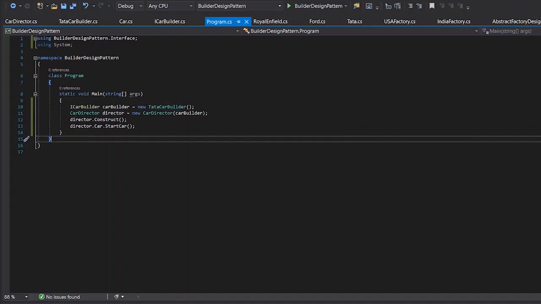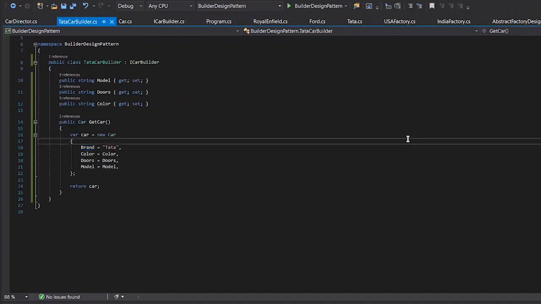Here, instead of separating the actual product, we have separated the ways in which we are creating the product. In a simplified way, changing one of the steps can change the way our final output turns out. This is the objective of our builder design pattern, which we tried to achieve here.